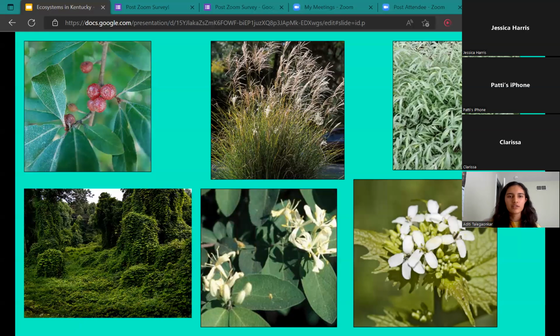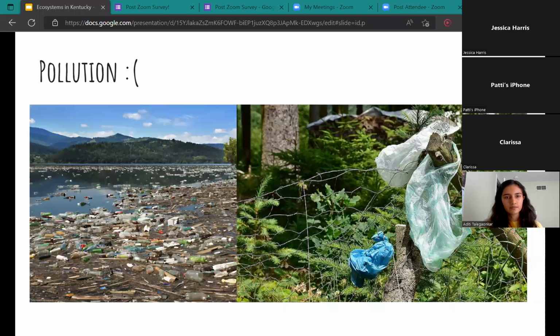It's like this really smothering vine, I think it's kind of the epitome of what an invasive species is. But even the ones that are kind of unseeming, such as the bush honeysuckle, are actually invasive because they're so aggressive. So these do in fact threaten native ecosystems, and Tom Sawyer Park and other parks across Kentucky are making an effort to make sure that these species don't take over native ecosystems.